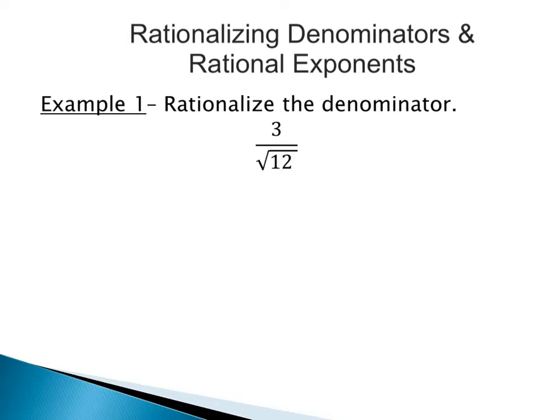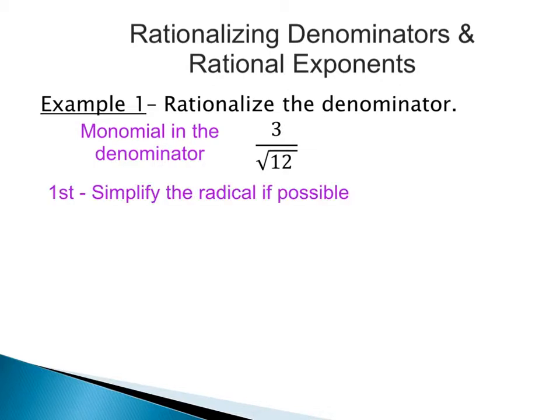In this lesson, we're just going to walk through how to rationalize the denominator of a fraction and also talk about rational exponents. So for example 1, we want to rationalize the denominator of 3 over the square root of 12. We say that this has a monomial in the denominator because we only have one term. So when we have a monomial in the denominator, our first step is that we want to try to simplify the radical if possible. So the square root of 12 I can simplify because the largest perfect square factor would